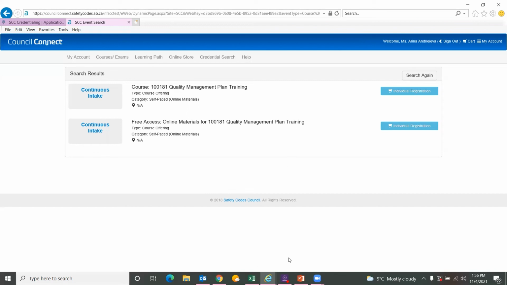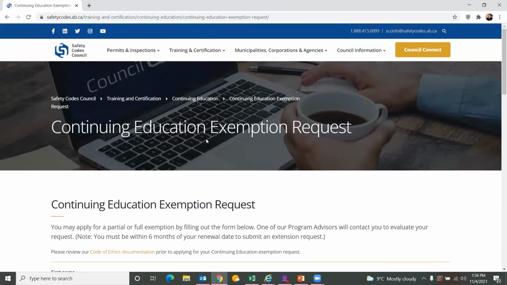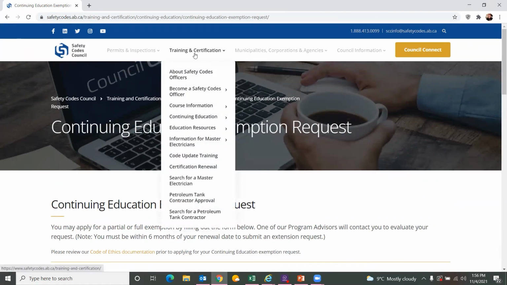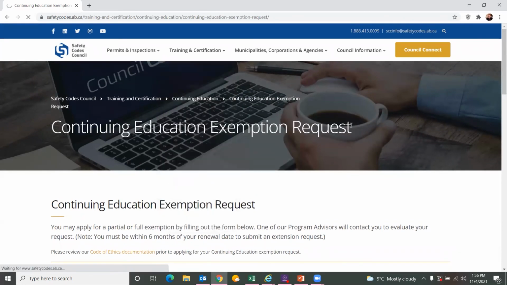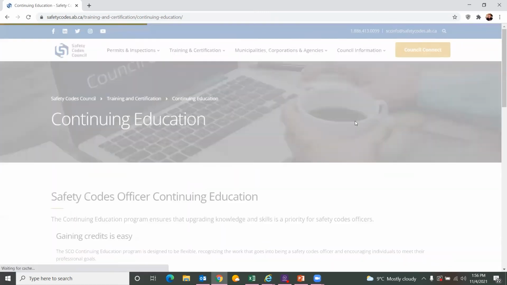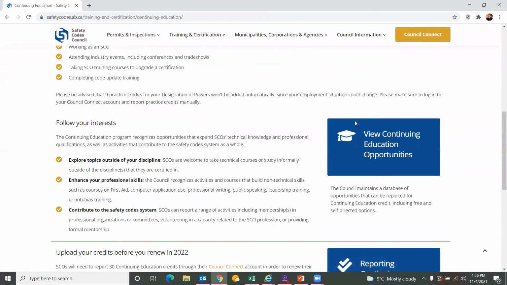Just to give you a little bit more information on where you can find it, training and certification is your best friend, because that's where all the information is stored. If you click on continuing education, it's going to give you a general overview of the program itself. So in case you're unsure or looking for any extra information, you can always refer to this page.